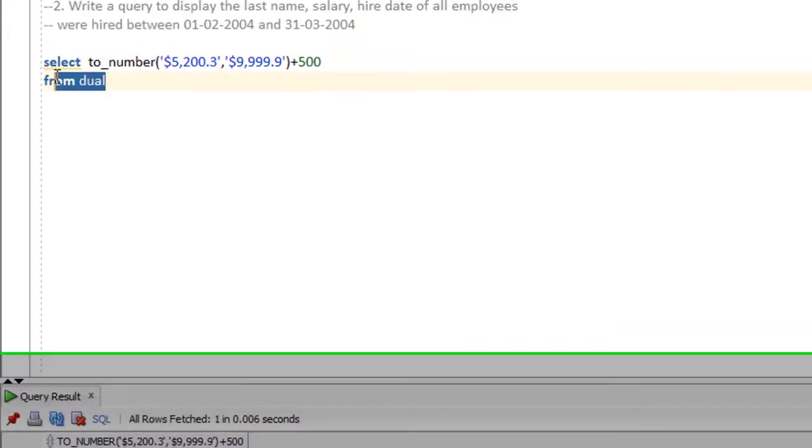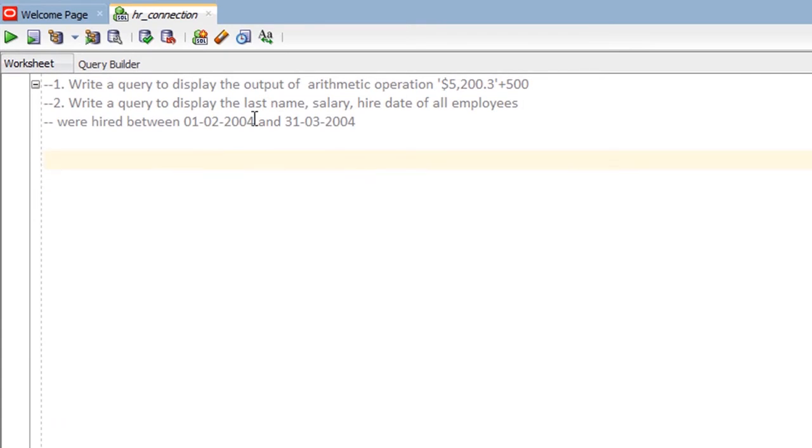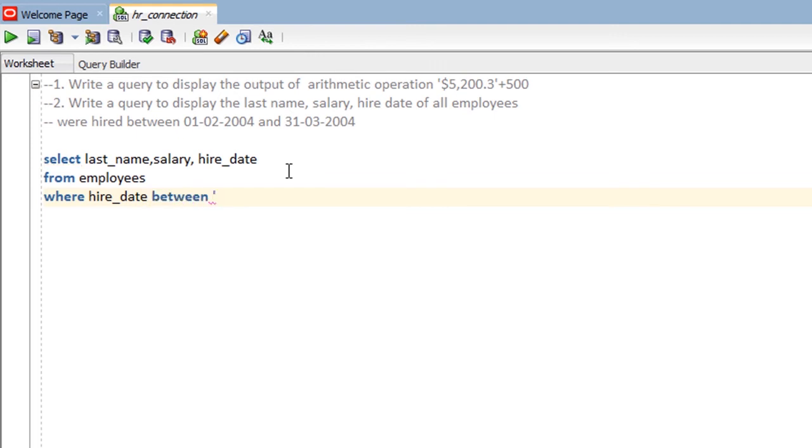In the second practice, write a query to display the last name, salary, hire date of all employees who were hired between 01/02/2004 and 31/03/2004. So we can write select last_name, salary, hire_date from table employees where hire_date. We can use between and, where hire_date between 01/02/2004 and